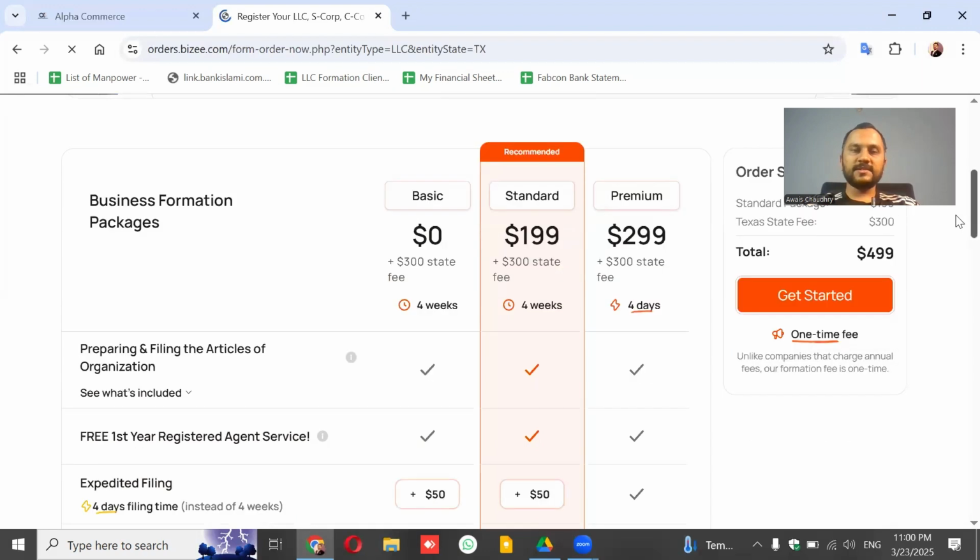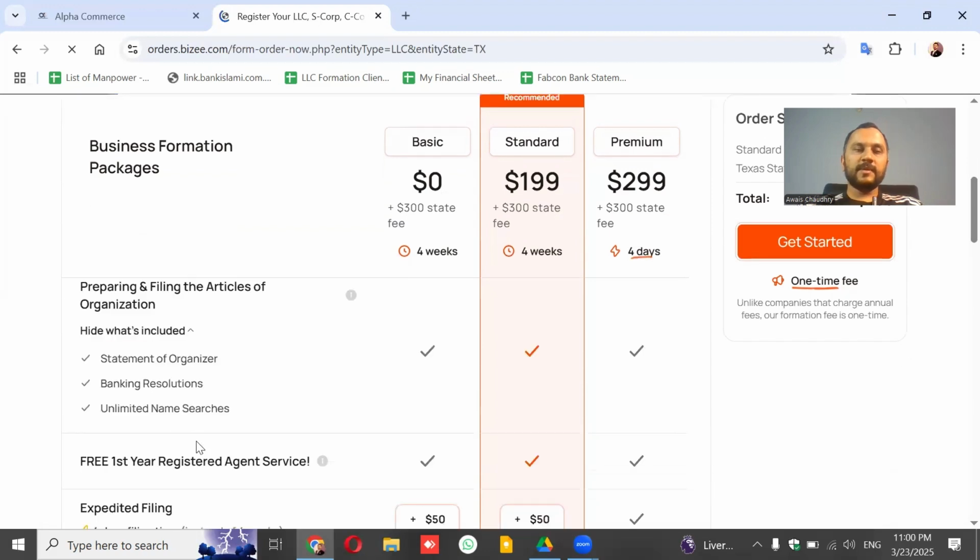So the first option is the basic package, which is $0 plus $300 state fee. The processing time is 4 weeks as they are claiming. The actual thing is a bit different. So let's see what is included. First of all, they will be giving you a statement of organizer.